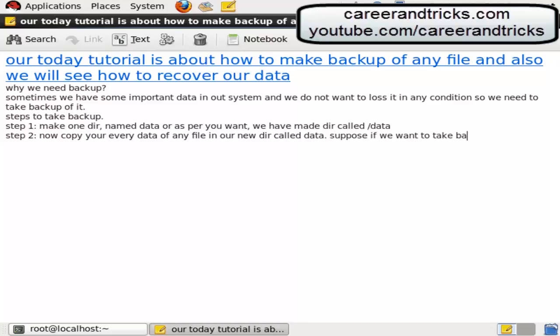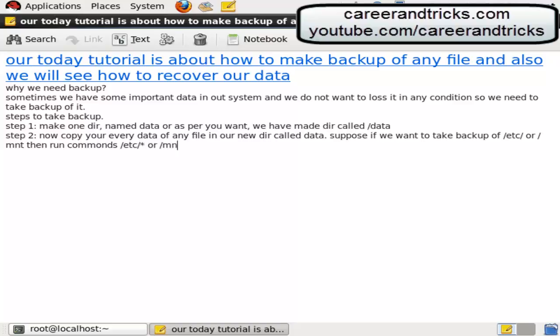Suppose we want to take a backup of /etc or /mnd. Then run the command with /etc/*.